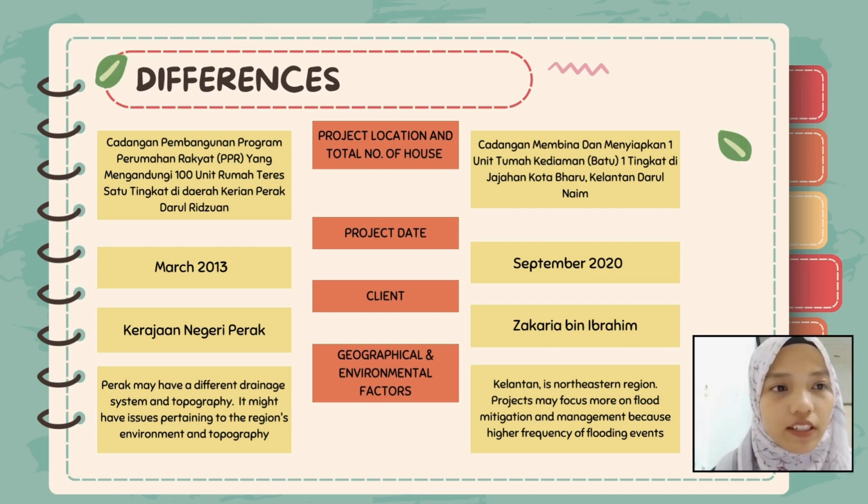Now I would like to present the difference between case study 1 and case study 2. First, the project location and the total number of houses. For case study 1, it is the cadangan pembangunan program perumahan rakyat PPR yang mengandungi 100 unit rumah teres. The location is Perak. And case study 2 is cadangan membina dan menyiapkan 1 unit rumah 1 tingkat, and